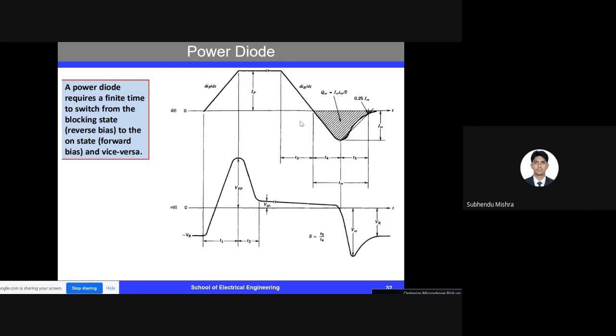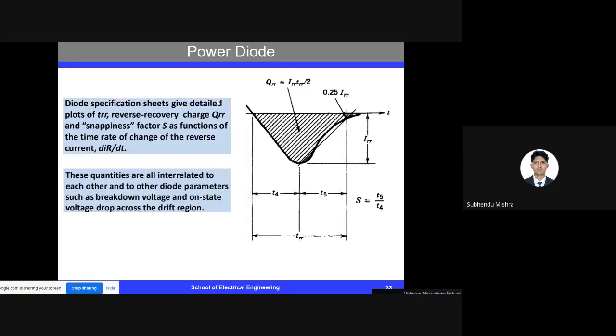So the reverse current can go towards the source, or it can just circulate around the other circuits or the other switches. So with this particular power diode, it is not an ideal diode, and there is a reverse current flowing, and this reverse current is very important for our consideration. When you are buying a power diode, you have to make sure there is a rating. The reverse current rating is there for the diode, and it should adhere to your particular need.